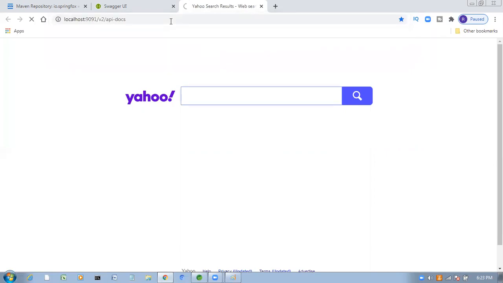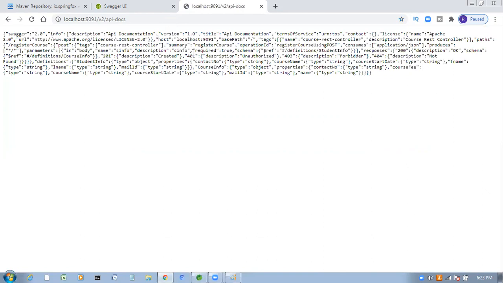Now click on this. See, this is the documentation, with complete details about the REST API. If you have this REST API, now you can start the development of the REST client. If you want to develop a REST client, these details are required. These details are the REST API details. How are you getting these details? Through Swagger. The REST API is providing these details through Swagger.